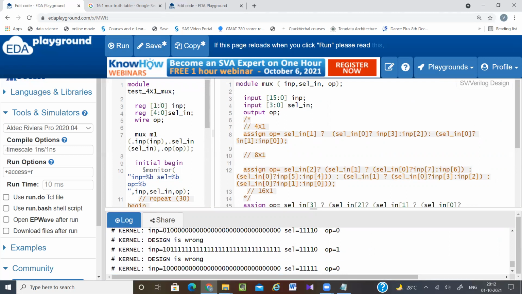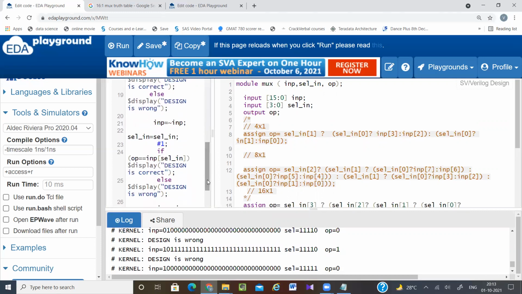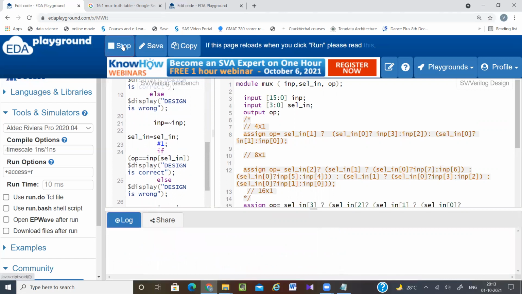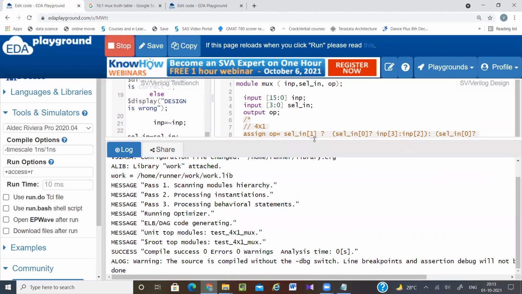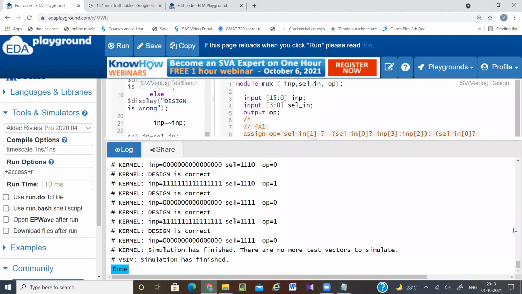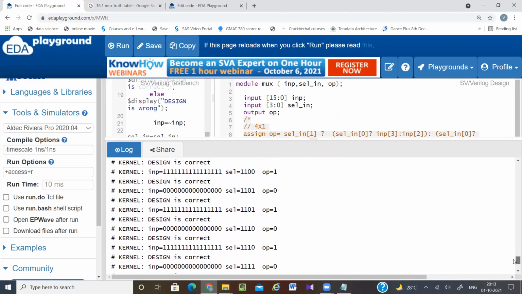So here also 15 and 3. And here I need to loop it for 15 times, but even if it is greater than 15, not an issue. Now you can see design is correct.